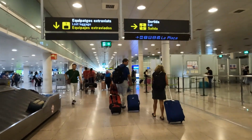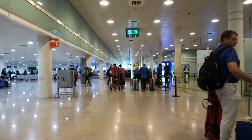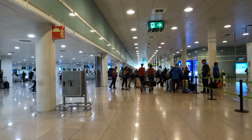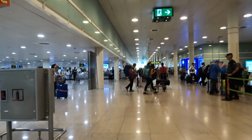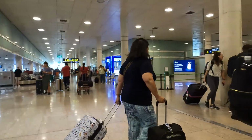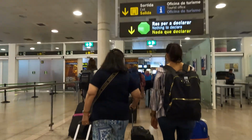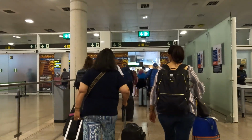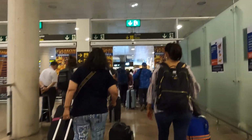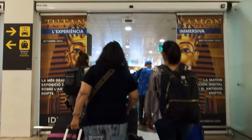So we are looking, it says exit to the right, lost luggage straight ahead. I hope you have your luggage and you didn't lose any luggage. We're gonna head to the right and we're gonna head out into the airport. This has been a fairly good process here. It's been quick. We landed, we were on time, we got on the bus. It was 3 or 4 minutes to get to the terminal. We've gone to the terminal, followed all the signs, got our luggage,